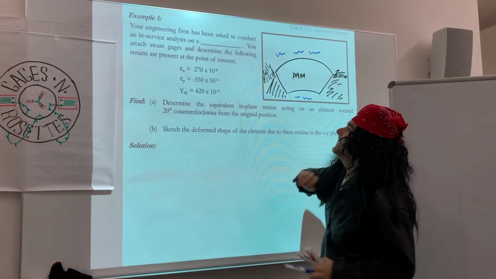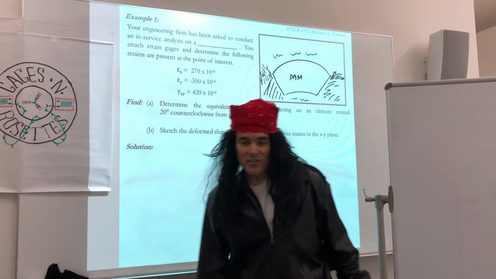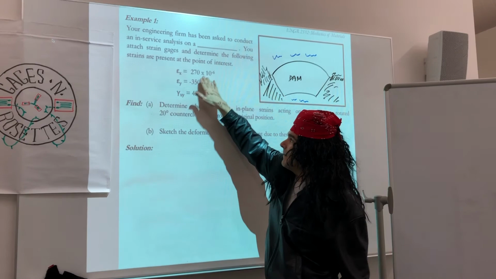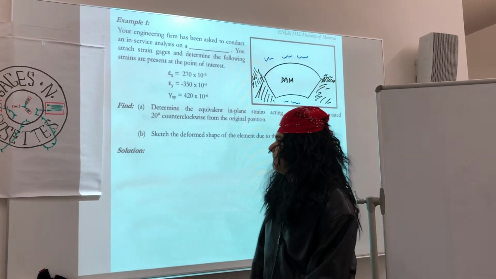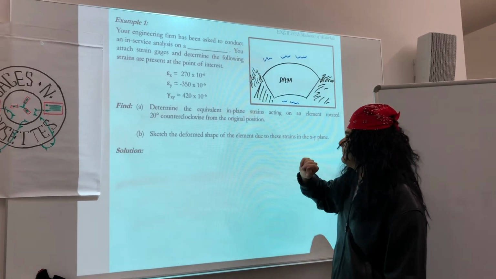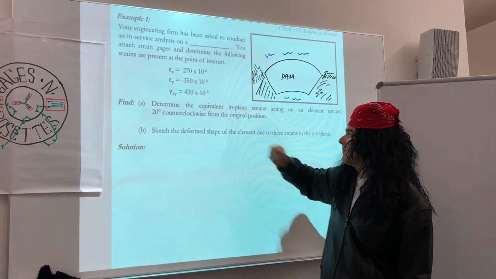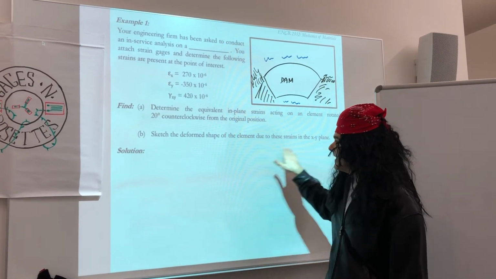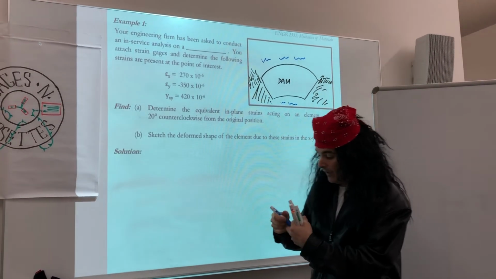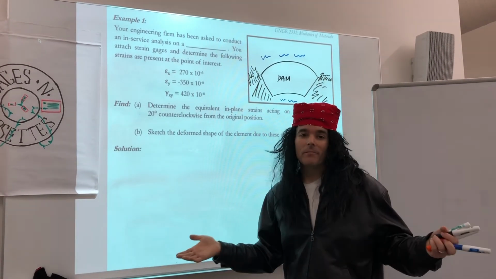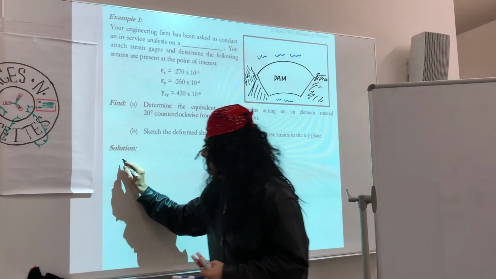All right. So, you attach strain gauges to measure strain in the field, and you come up with these values for epsilon x, epsilon y, and gamma xy. You want to determine the equivalent in-plane strains on an element that's rotated 20 degrees counterclockwise from the original position. Then we want to sketch the deformed shape of that element. So, how do we solve this? We just apply our strain transformation equations. So, part A,